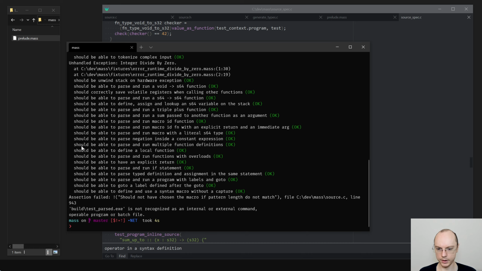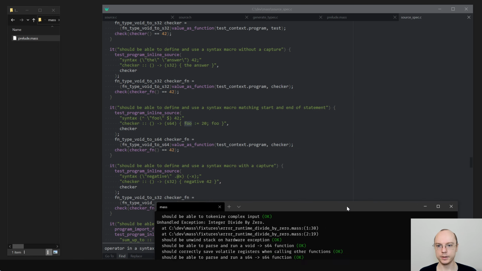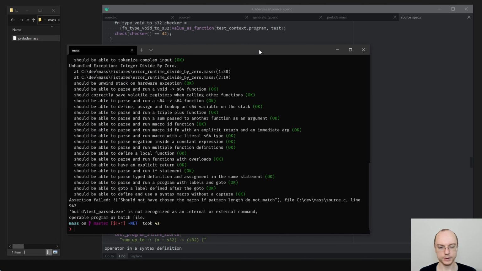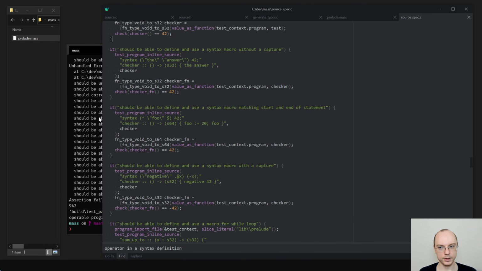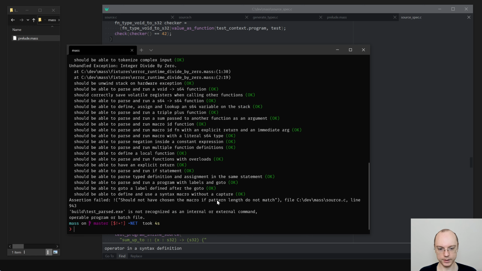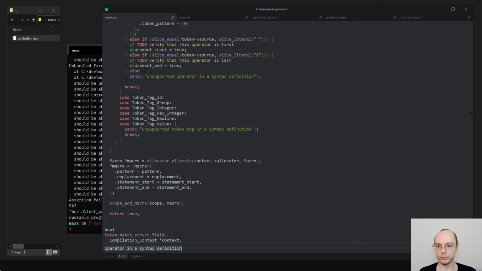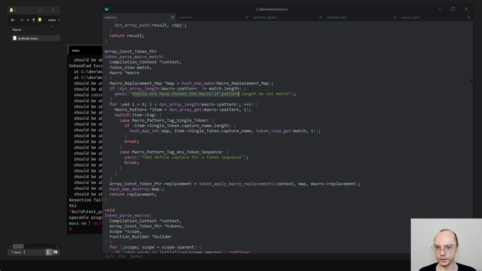Yes. Should not have chosen the macro if pattern lengths do not match. So this is kind of interesting. This is not exactly the thing I would expect to fail. Let's look at that. Should not have chosen the macro pattern if lengths do not match.